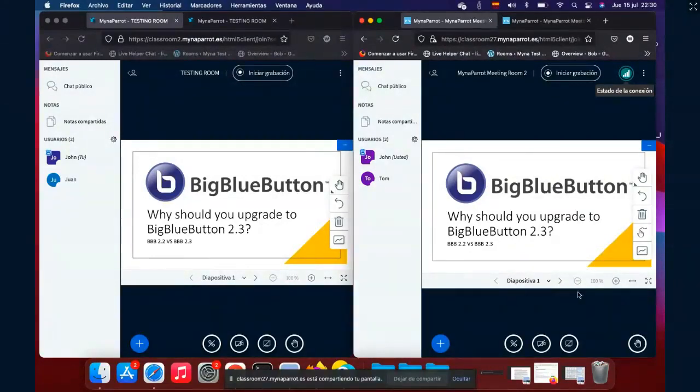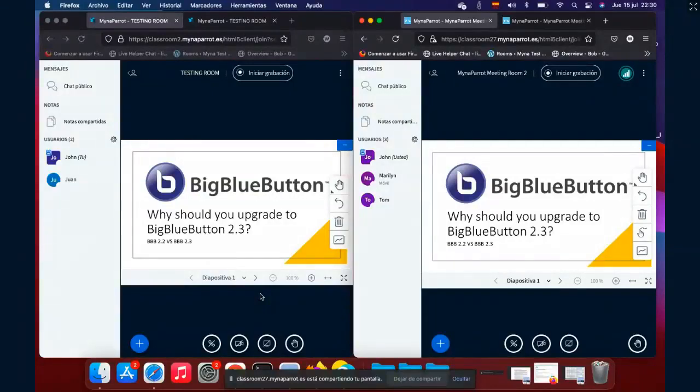This side is Big Blue Button 2.2, and there is also a raise hand here, but I have to mention that this is our customized version.